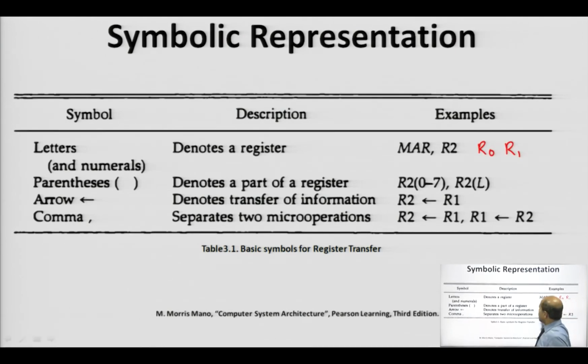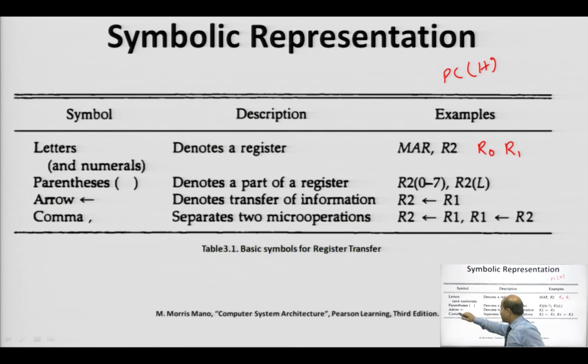These are registers. Parenthesis is used to denote a part of a register. For example, in this case R2(0-1). So, only a few bits are to be transferred, which can be represented using parenthesis, or in the case of PC high, PC low, parenthesis can be used.